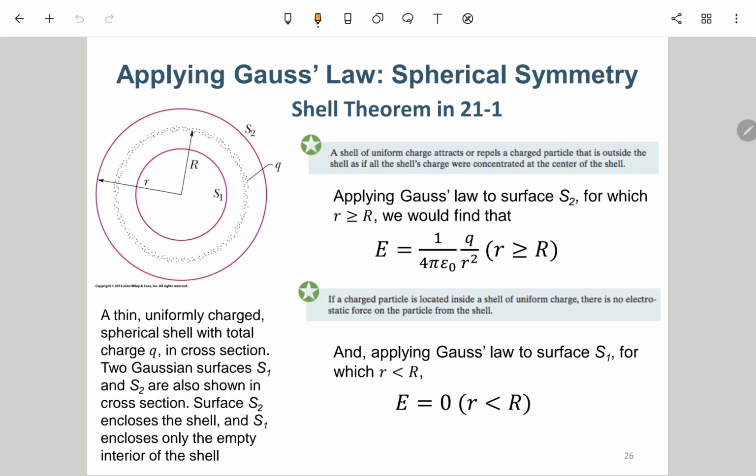So here we can simply assume that the Gaussian surface is S2, which has